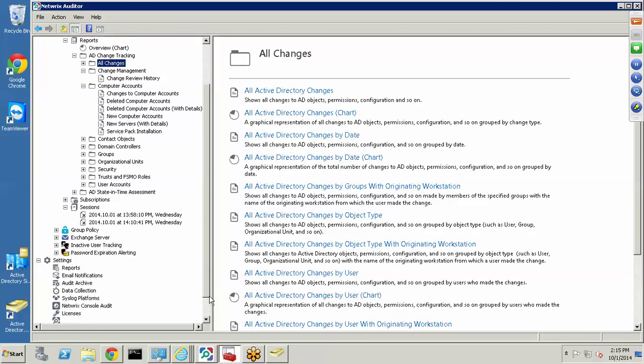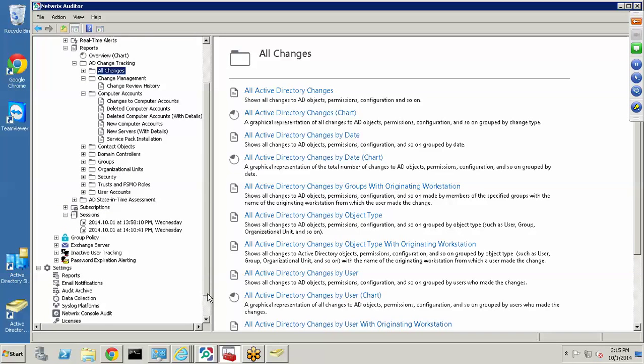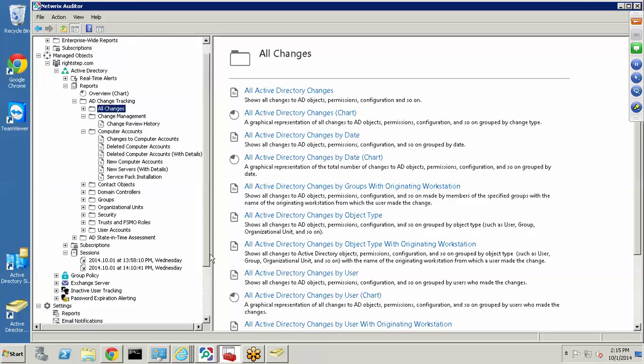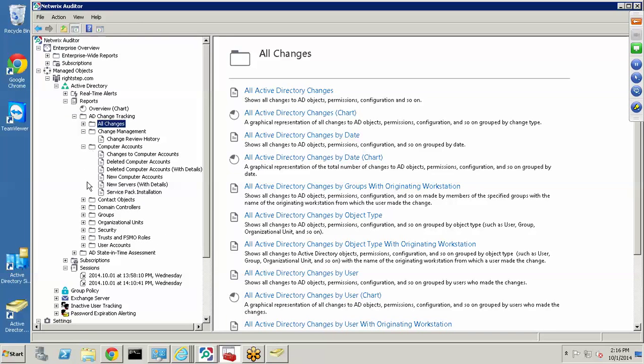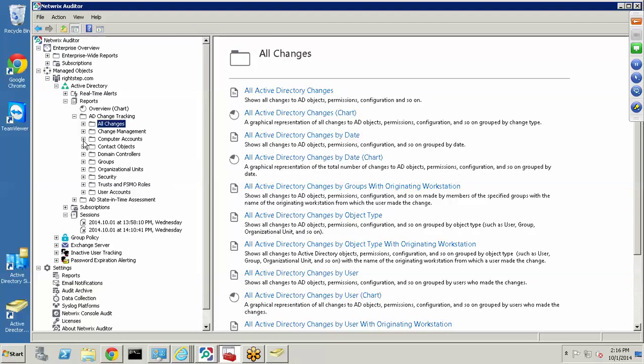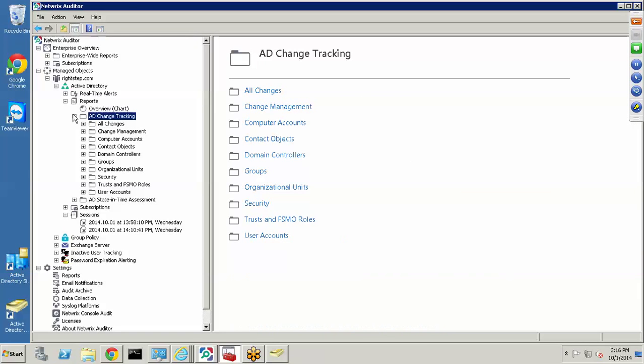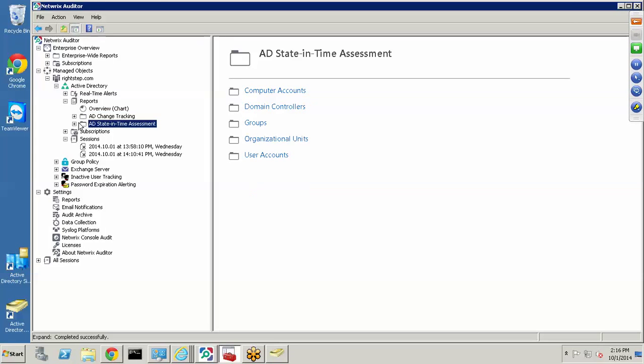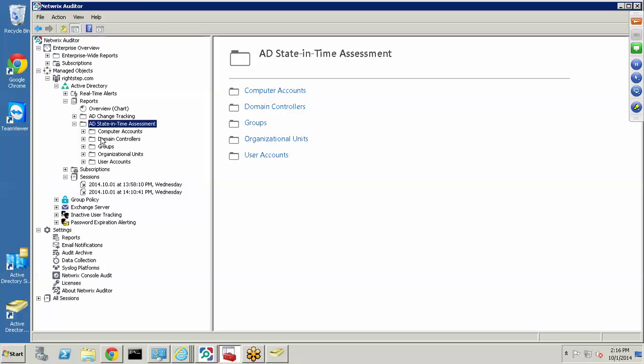And then you also have AD state and time assessments, which, if you collapse the AD change tracking folder, will be the next one down. Just collapse the folder above that, where it says AD change tracking. It's this one here. If you expand that out, AD state and time assessments, say for instance you wanted a report,